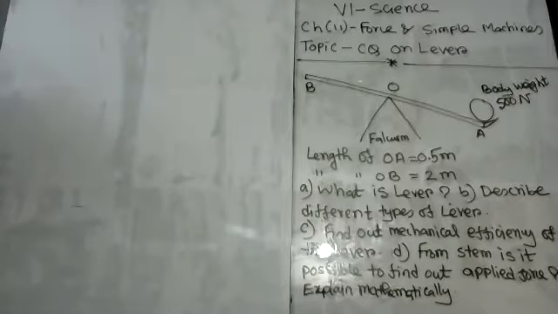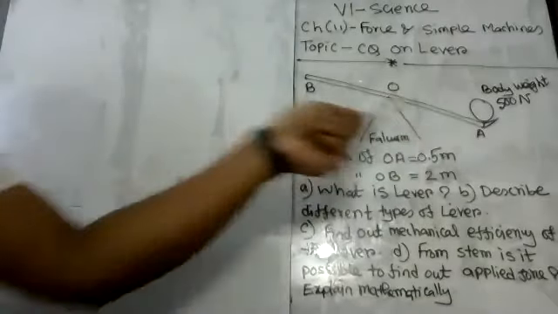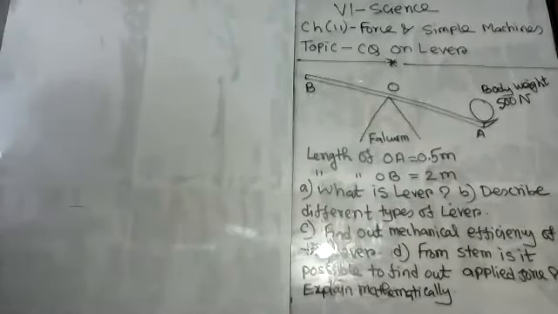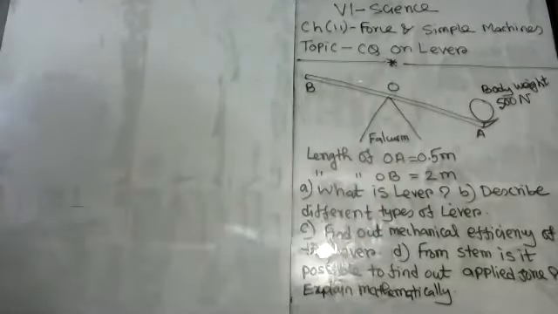And in this chapter, I'm going to solve a creative question on the basis of a very important topic, and that is lever. You see this? There's a lever given in the stem. You see here, A to B is a lever. And there is a fulcrum. This is the basement of this lever. You know that fulcrum is nothing but the basement of this lever. So this is the fulcrum. And on this fulcrum, you see that there's a lever AB.